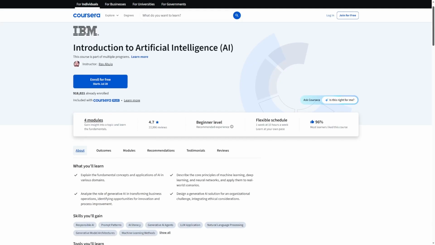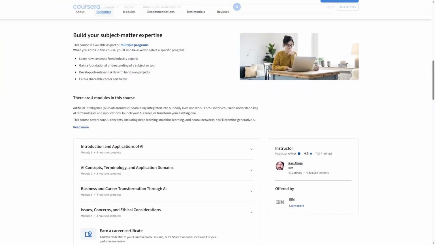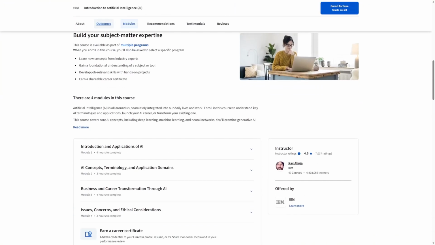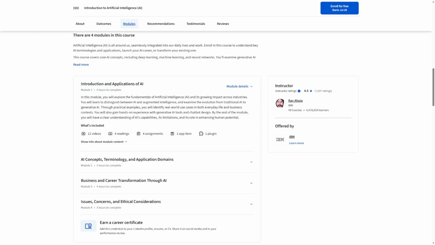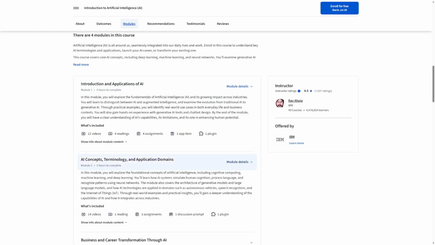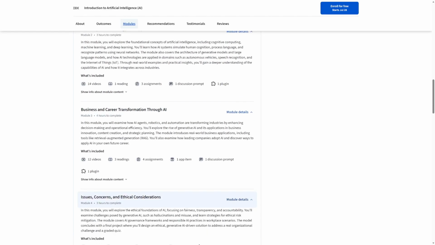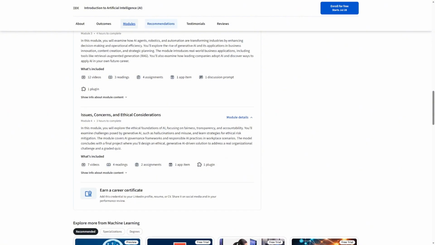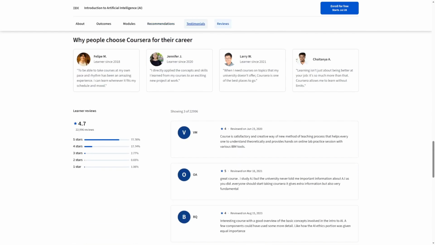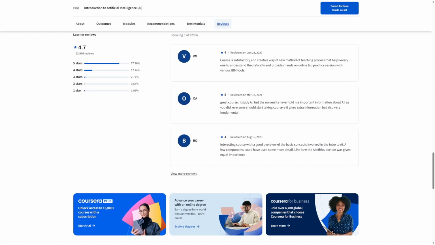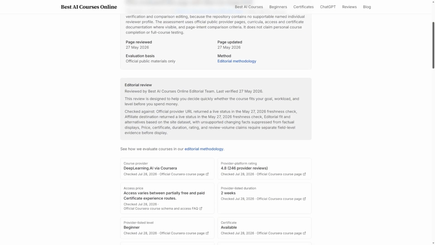Compared with AI for Everyone, the IBM course covers a wider range of technical terminology. Compared with Google AI Essentials, it is less focused on immediate workplace workflows. You do not need to start as an AI engineer, but expect a broader survey of the field. Its main limitation is that the content is high-level by design, so the certificate should not be mistaken for a technical professional qualification. Access is subscription-based, and the current amount can vary by account or region. Pay when the certificate supports a specific learning record or your next IBM course, not simply because the IBM name appears on it. The fifth choice is AI Python for Beginners from deeplearning.ai on Coursera.